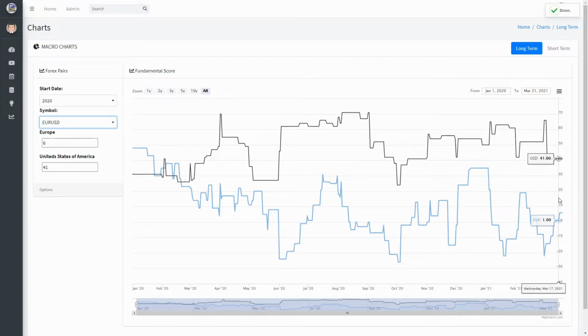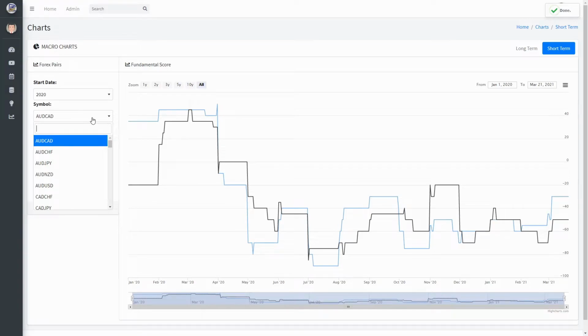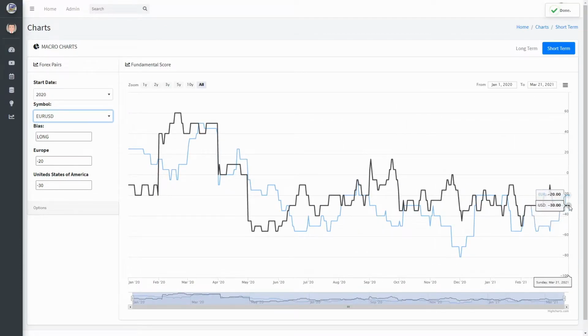And as we can see here, the United States dollar is stronger than the euro. Okay, that's for long term. So we're looking at a sell-off on the long term fundamentals, looking at all the global macro fundamentals for the long term. If we can look at short term as well, so USD, and then right here we have a buy where it's come up against the United States dollar,